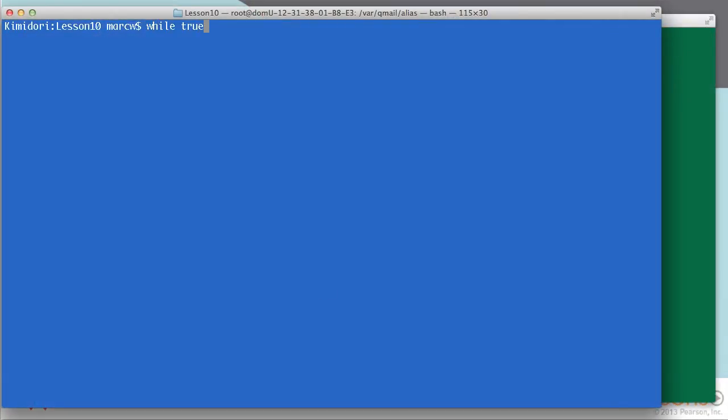So again, our basic formula here is while true do node run some sort of script, and then we say done, and it loops through this. It would be nice, however, if we said not only should we restart if the node thing has crashed, but it would also be somehow nice to say, if node is using too much memory,